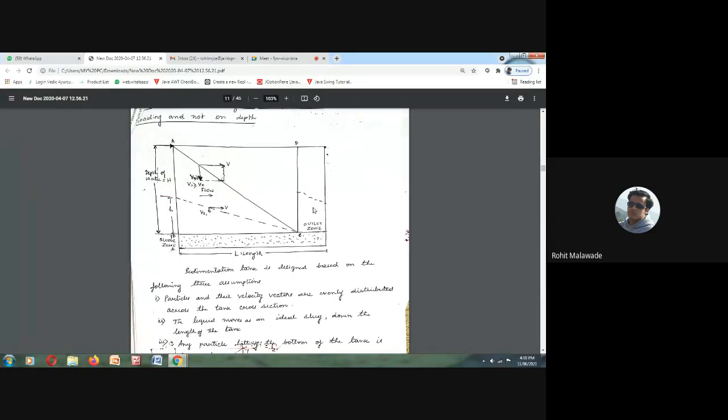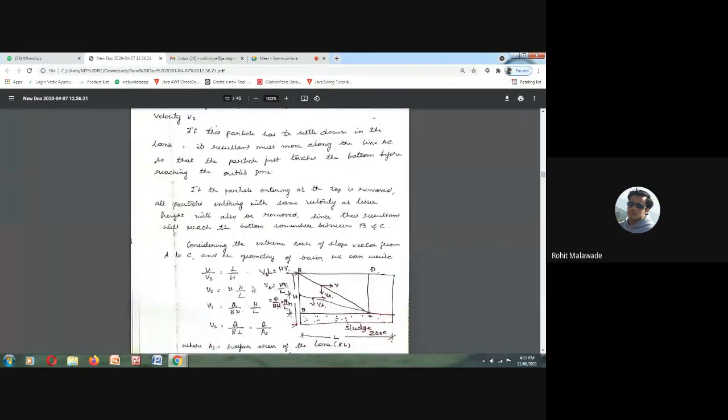If a greater velocity, this is going to happen, and at an appropriate velocity, this is going to happen. Now, suppose the water is going to enter at a smaller height h. Also, what will happen if it travels with a lesser velocity? It is going to have the vector v, and the particles are going to settle down at the bottom. So v is the horizontal velocity of the flow, and vs is your downward velocity, which is nothing but your settling velocity.